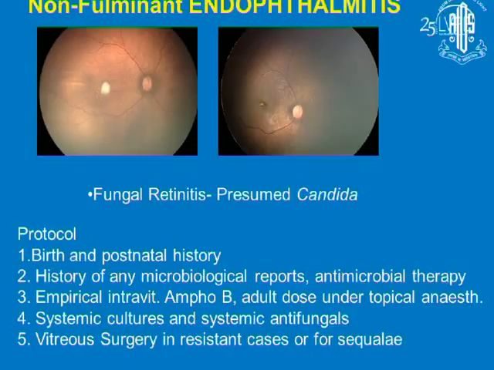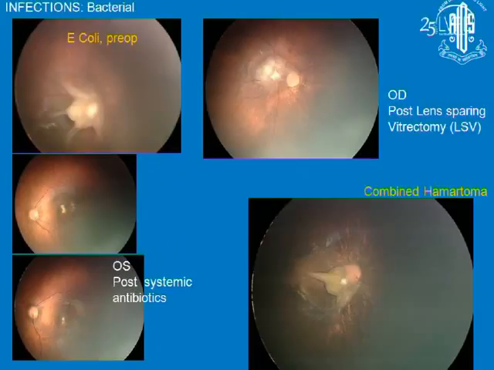Some patients have already received a complete dose of systemic antibiotic before they present to us, so they may not need it, but the systemic antifungals we give in consultation with the pediatrician. Usually they give fluconazole, and that can be continued for 6 to 8 weeks till the whole of the infection has gone. So as I said, sometimes the patient may present to us with partially resolved infection because they have already